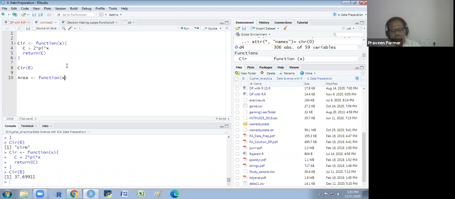And here I am passing two attributes x and y, because the length and breadth are compulsory for me. If I just write a equal to x into y, that is x into y area, and I return a, and I run it.